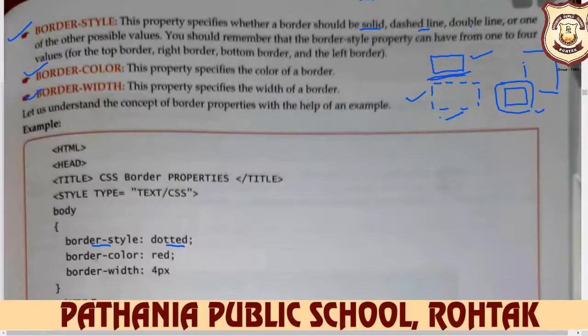And if you want to change the color of this border, for example, you want to change the border color of the input box in a form to red, green, or blue, then use border color. And if you want to change the width, then you write border width. You can implement this anywhere, but this is included in the body, so you implement these changes in your complete web page.